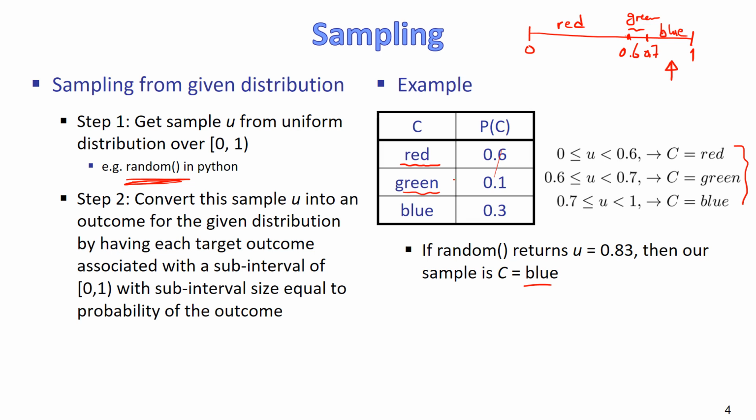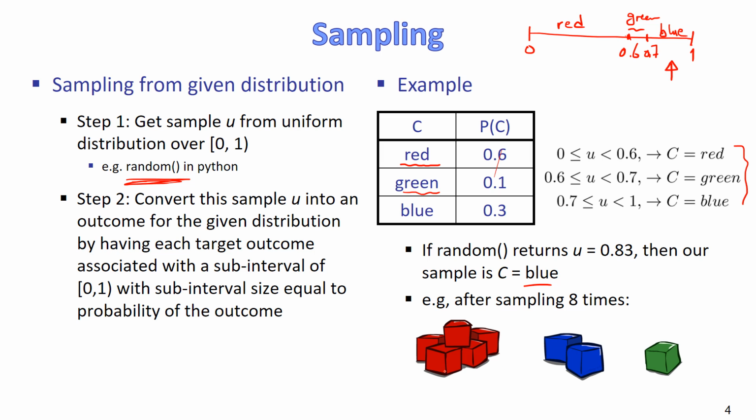So that will be the order, and you will translate the values based on that order. So if I repeated that process 8 times, then I might get something like this. I might get 5 reds, 2 blues, and 1 green. So out of this, the approximated distribution is 5/8 for red, 2/8 for blue, 1/8 for green. Of course, this is an approximation. That's not the exact